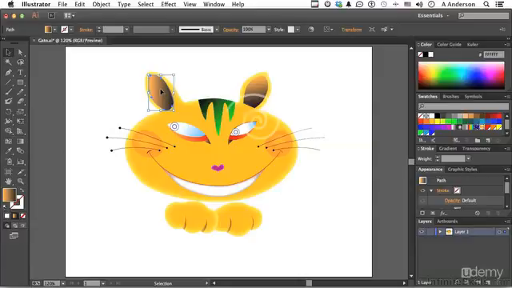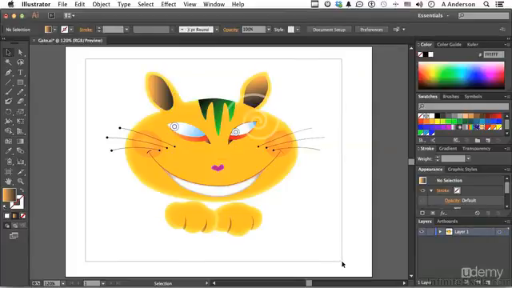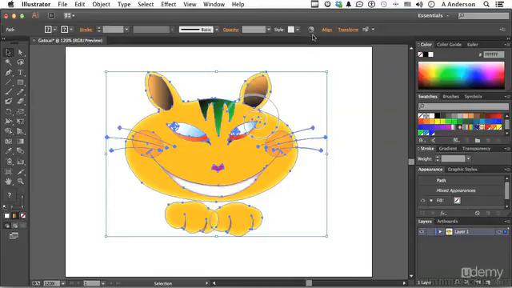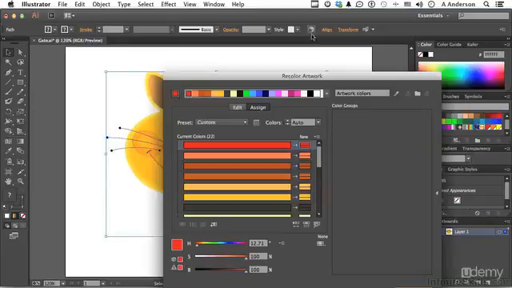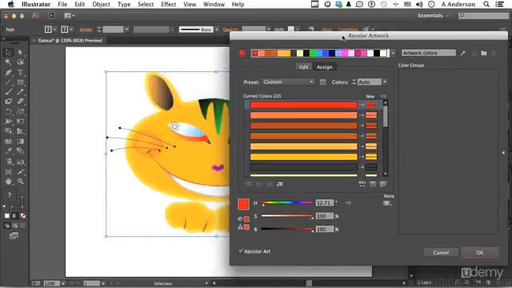And again, if you have something selected, you can change whatever it is based on the options that are up here. For example, if I select everything, let me select the whole thing. This button right here is kind of cool. Click it. Let me move that over just a little. We'll talk more about this later. But it allows you to recolor artwork. If I come over here and begin changing,